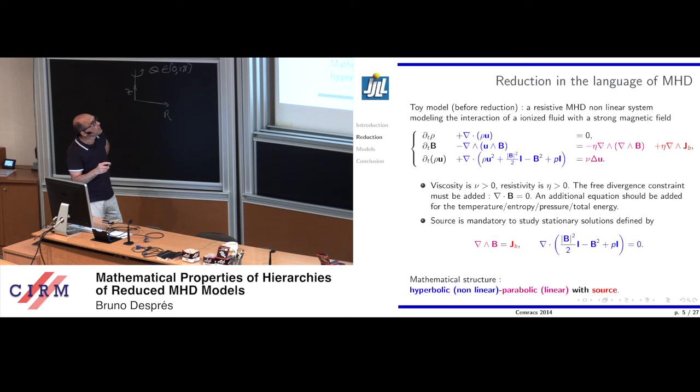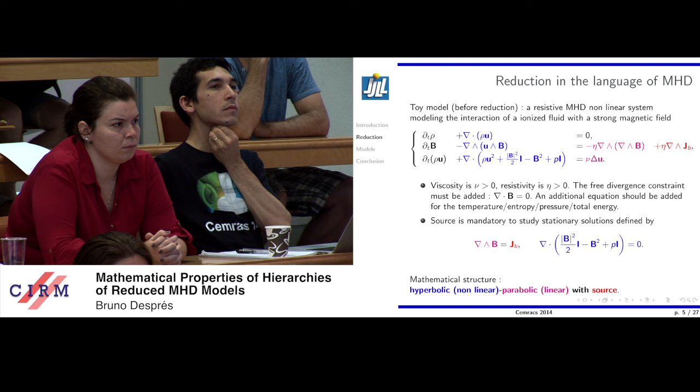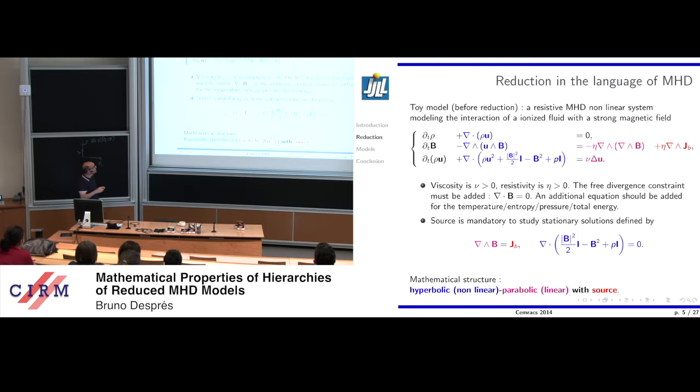Why do I add a forcing term? Because with a forcing term, it's very easy to see that stationary solutions of this model, dt equals 0 and u equals 0, are such that the curl of B is the forcing term, and then you say that the forces are zero, which you have written, and this is where the Grad-Shafranov equation is hidden, and so on. So with this, you can study and define plenty of interesting stationary solutions.